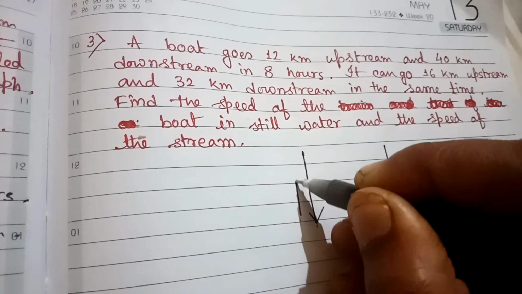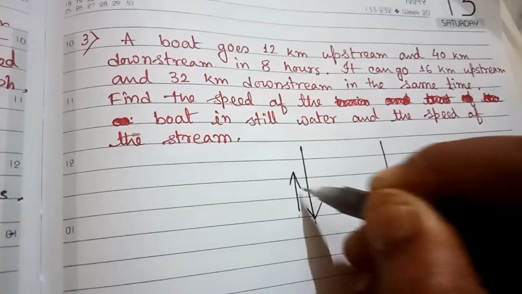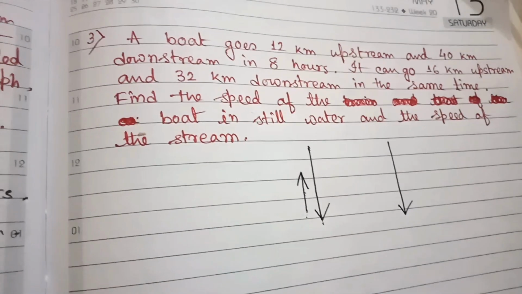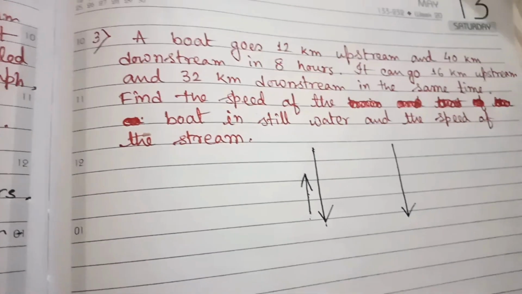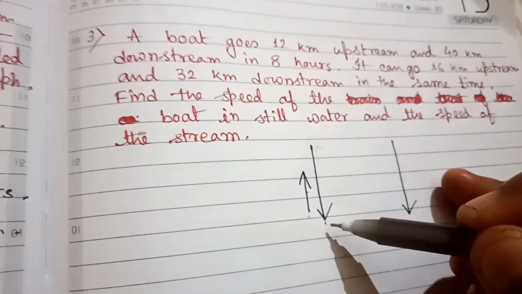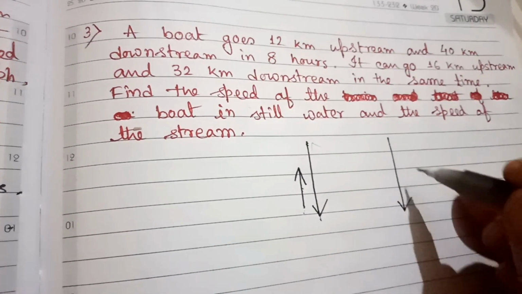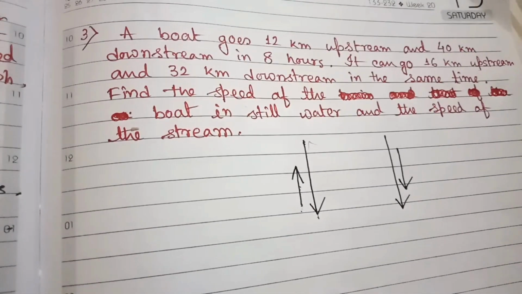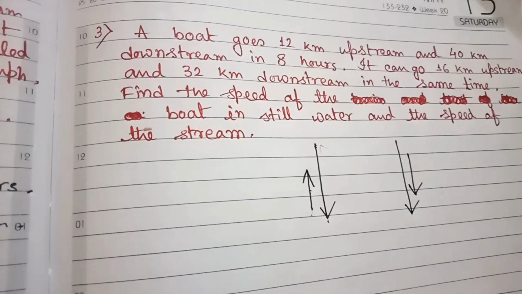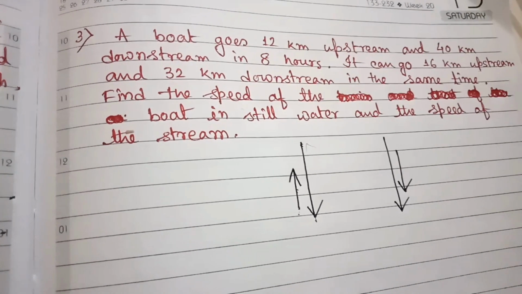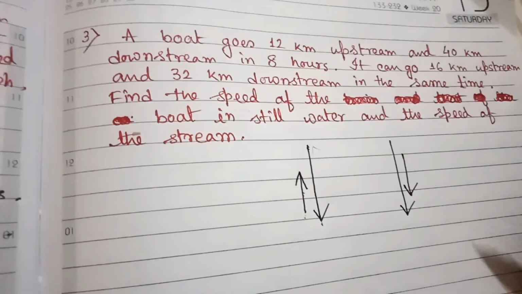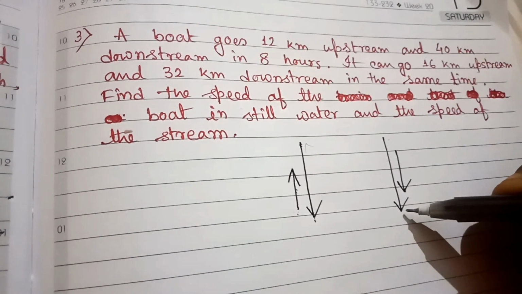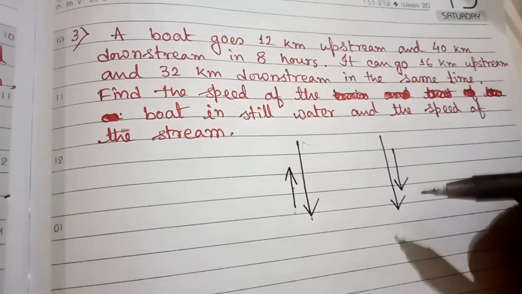So if a boat is going up, its speed automatically will be lesser, because in the opposite direction some other forces are working. And in the second case, if the boat is coming down, then automatically the boat's speed will be increased by something. And what is that something? That is the stream, because both the forces are working together